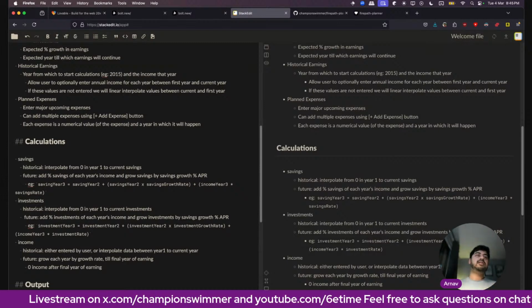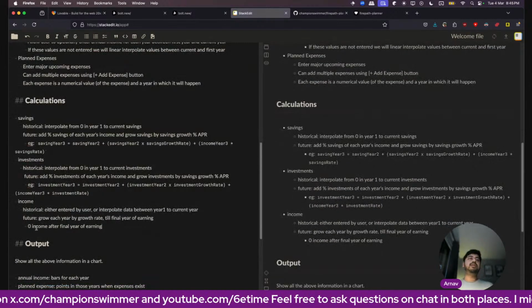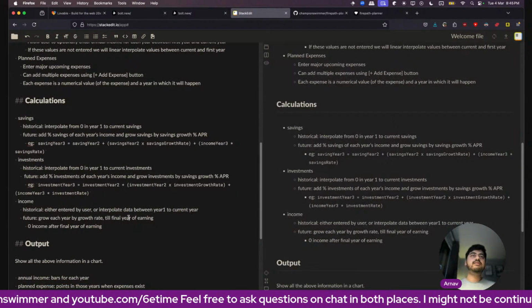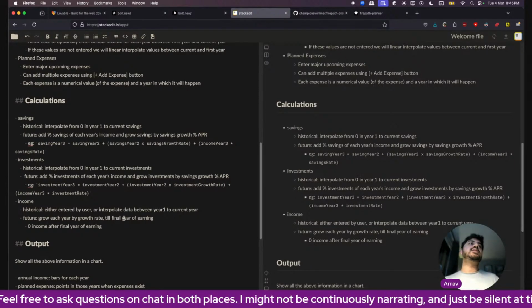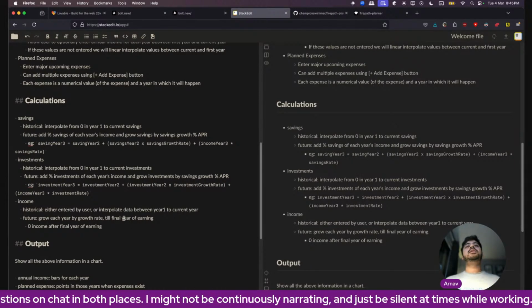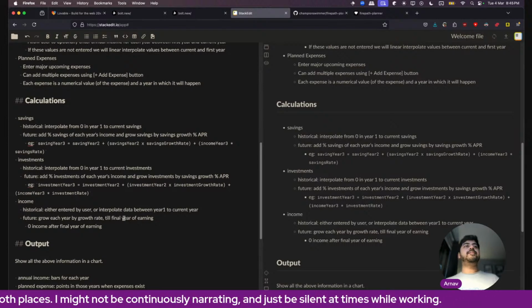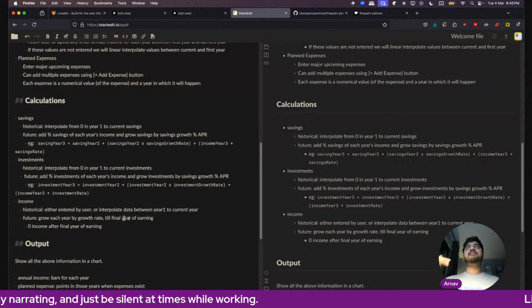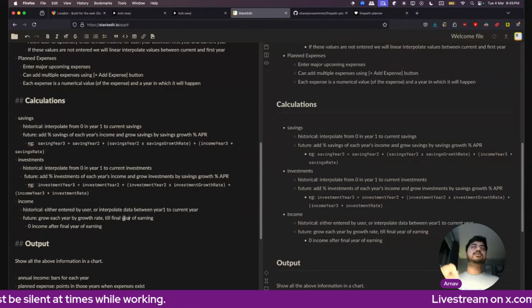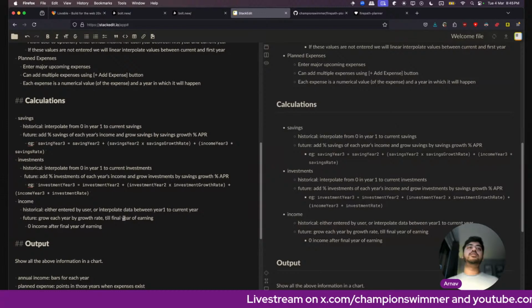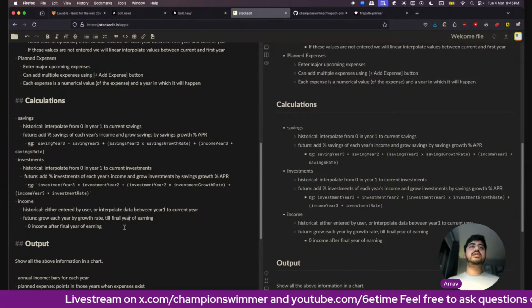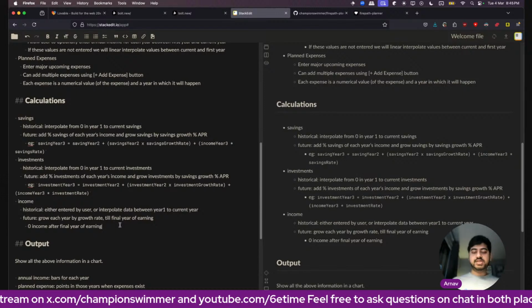So zero income after final year of earning. That's basically our retirement year. So every year grow it by growth rate till final year of earning. Zero income after final year of earning. Let's just do it like that. The savings and investment will still keep growing, obviously, because they have a percentage number to them, right?